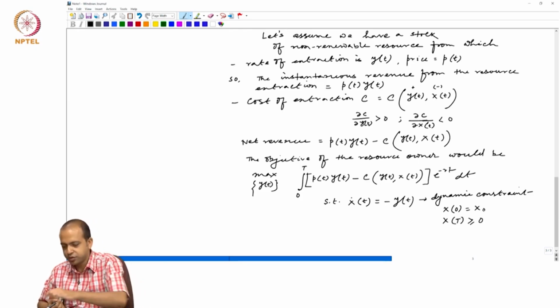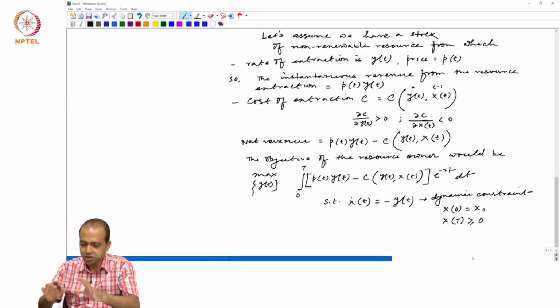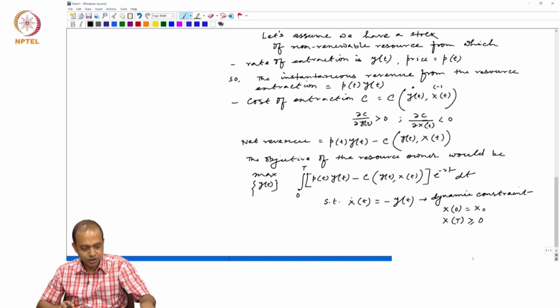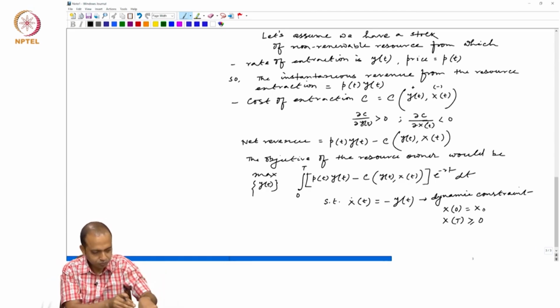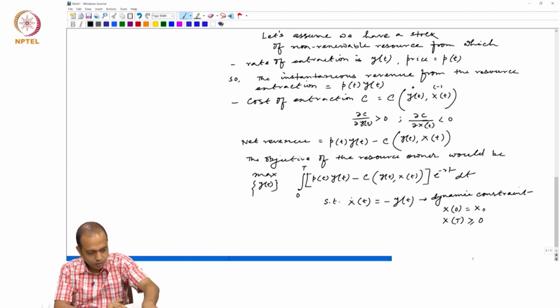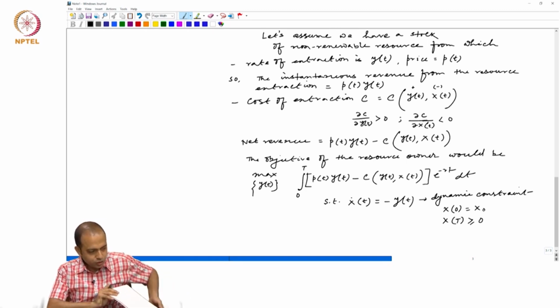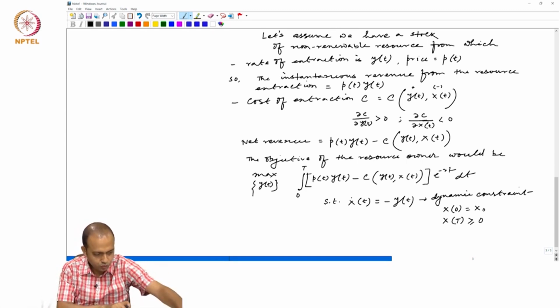So, that means we have some positive scrap value. So, this is the objective of the resource owner. Okay, this is the objective of the resource owner, right. So, what the resource owner has to do, the optimization actually requires,